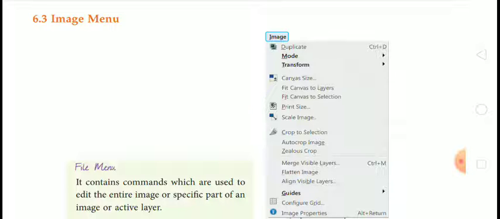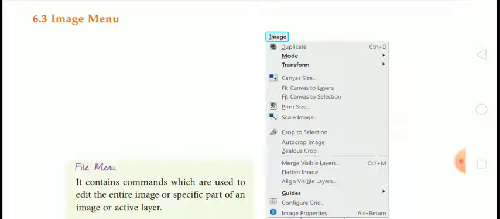When you press Ctrl plus D from the keyboard, your image will be duplicated. Then mode option. Here different types of mode option are available.